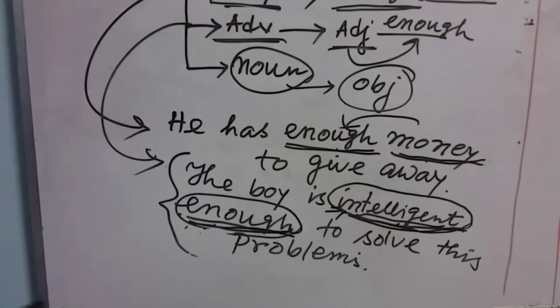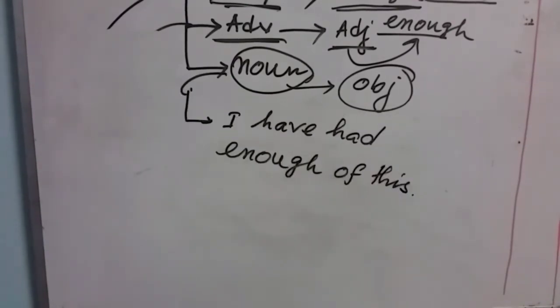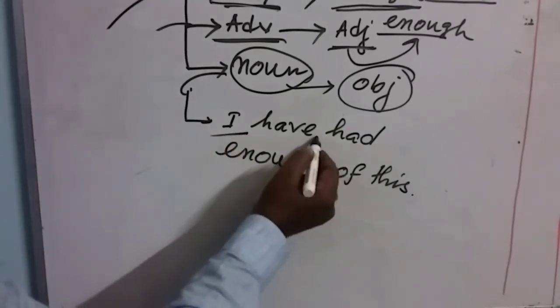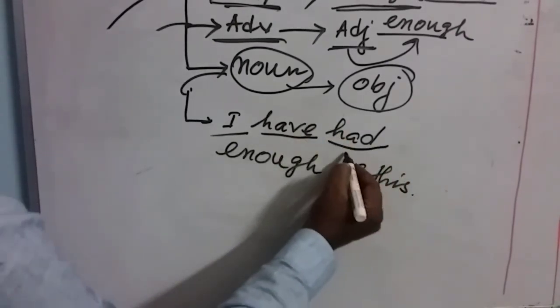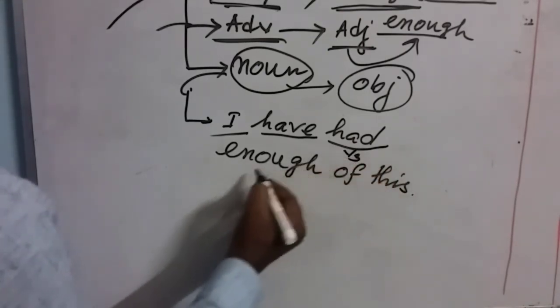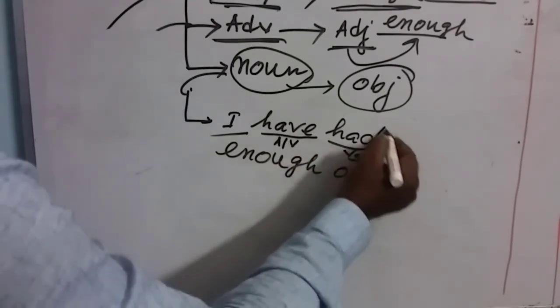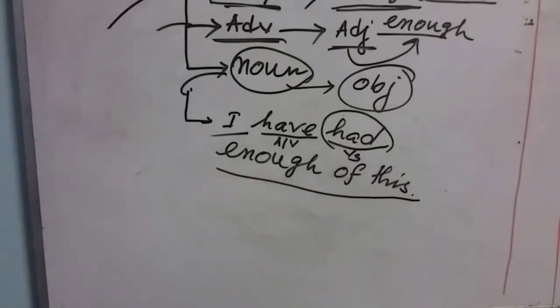Now my dear friends, I am just going to give you another example where this term can be used as a noun. Let's look at the example. I have had enough of this. Here you can see, my dear friends, this is the subject, and have, this is the verb, and this one is the past participle form of the verb have. This is the auxiliary have, and this one is used as the main verb in this sentence, and this part, it is the object of